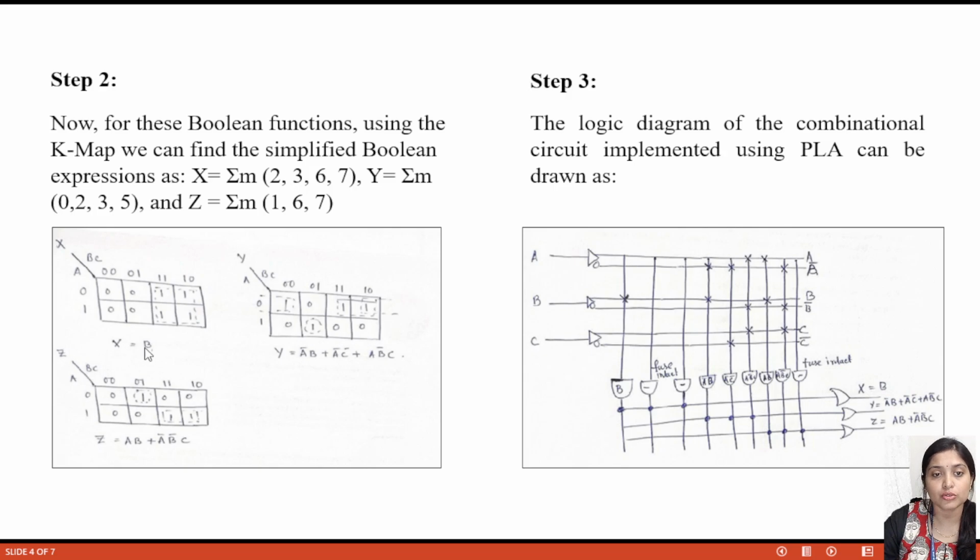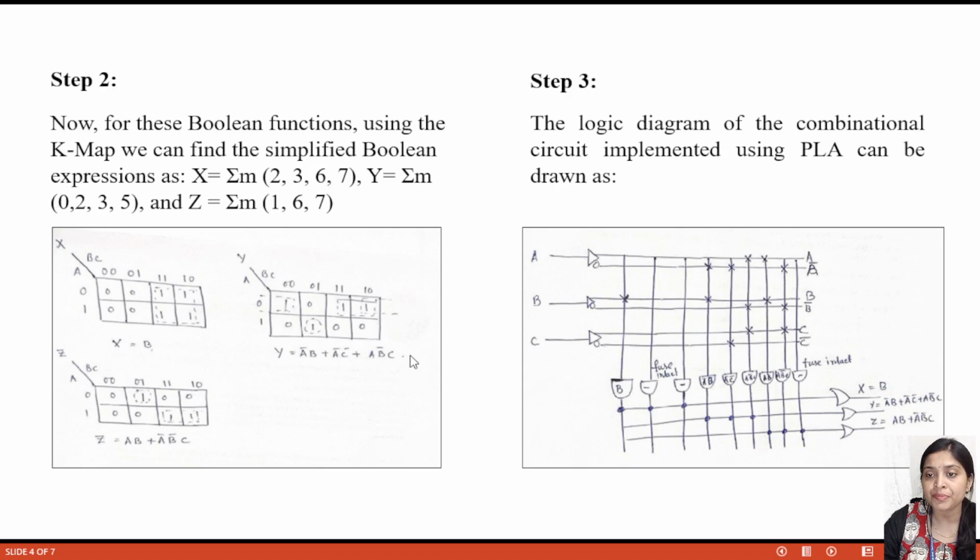Even though X has only output B, for X also we have to consider 3 AND gates, for Y definitely 3 AND gates, and for Z also we have to consider 3 AND gates, because that is the maximum number of AND gates. If Y had only 2 min terms, then there would be 2 AND gates, but as there are 3 min terms,